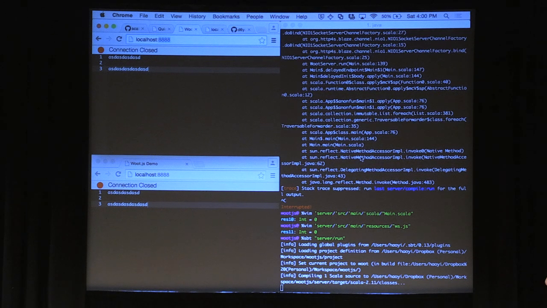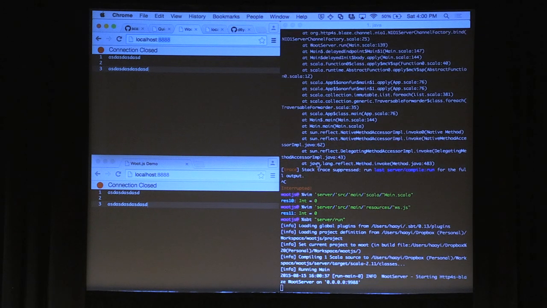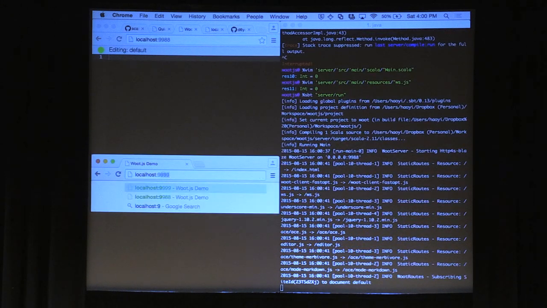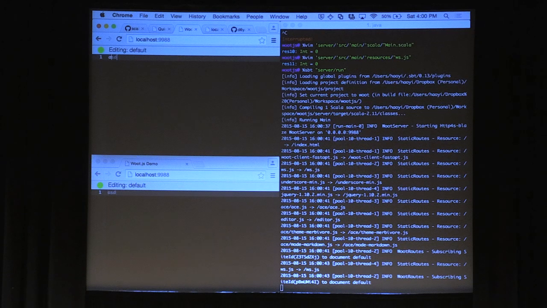Yes? So when you have to kill a program, have you gotten that working in Ammonite? What do you mean, killing a program? I noticed that when you need to kill a program, you'll drop out of Ammonite sometimes to kill the process. Sure, I'll get into that in a second.